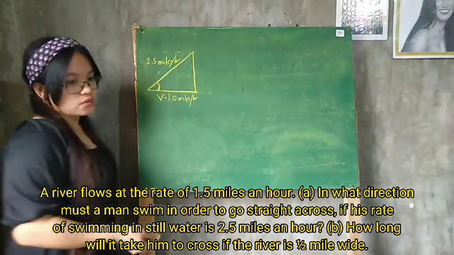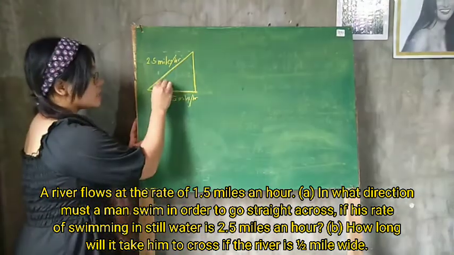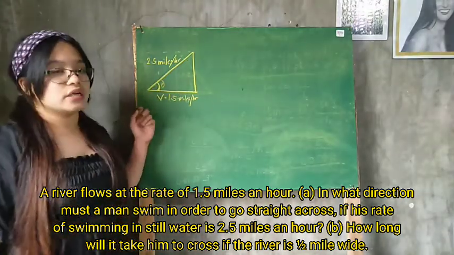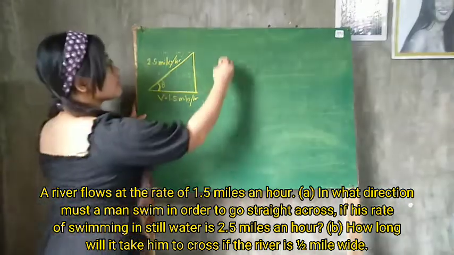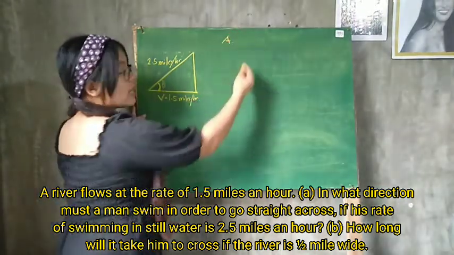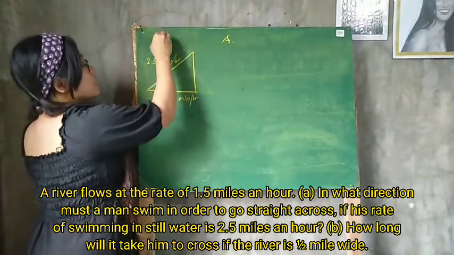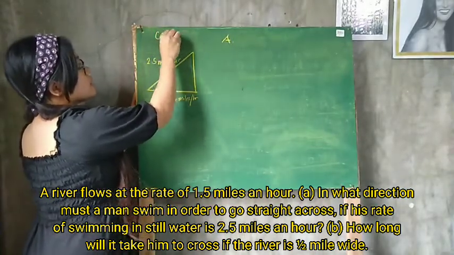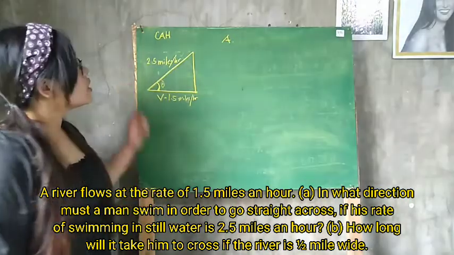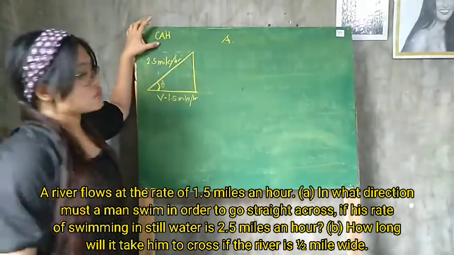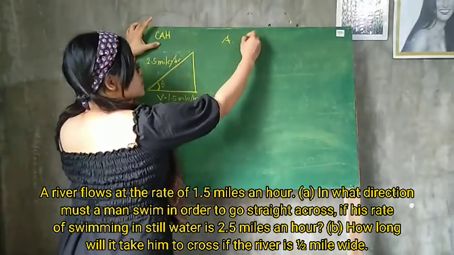The question is in what direction. So the theta, or the angle here, is the direction. So in order to get the direction, we have to use the cosine, and it is adjacent over hypotenuse. So cos theta